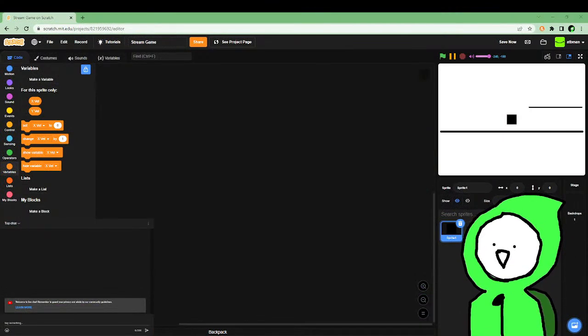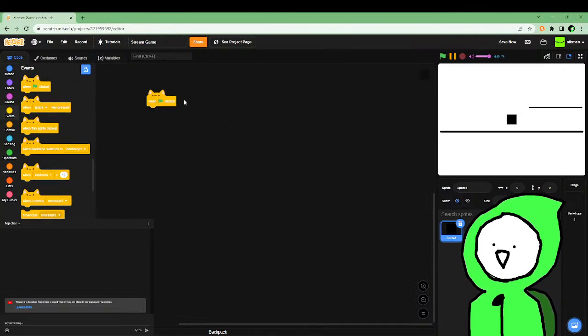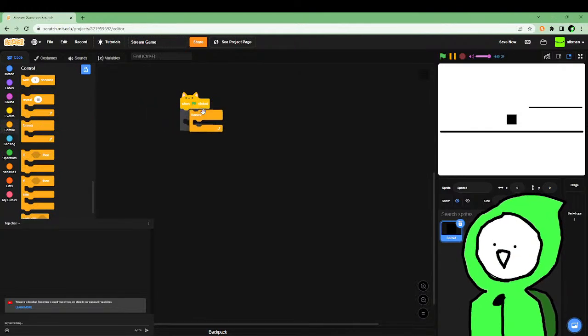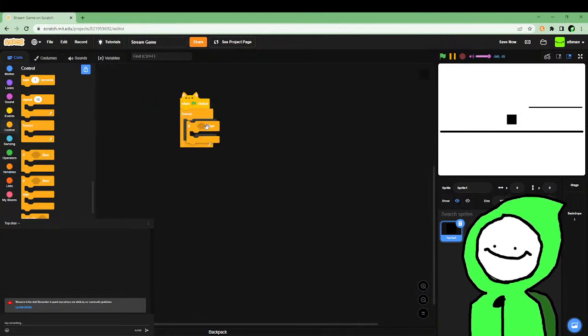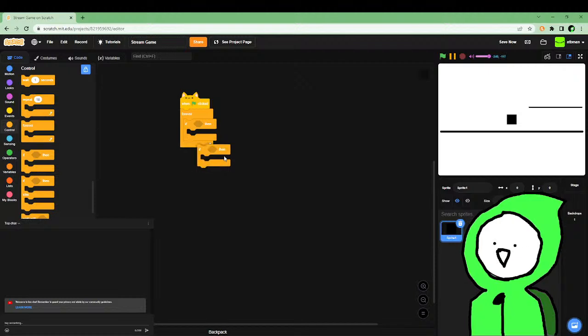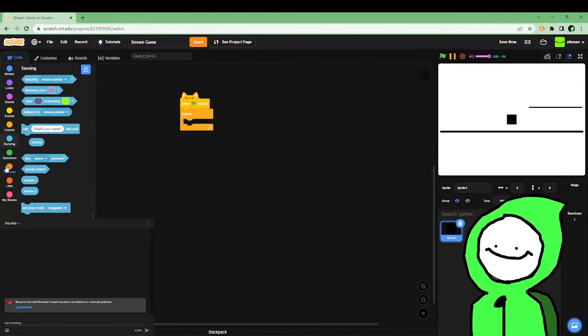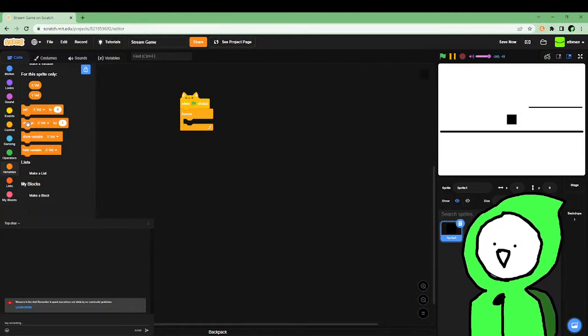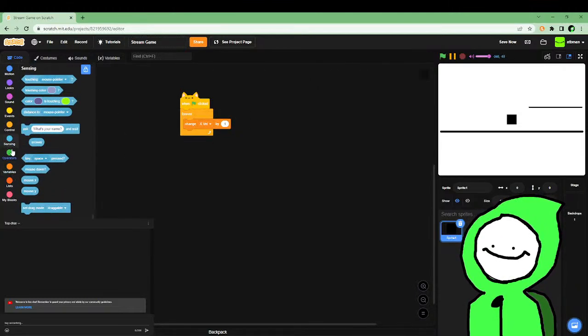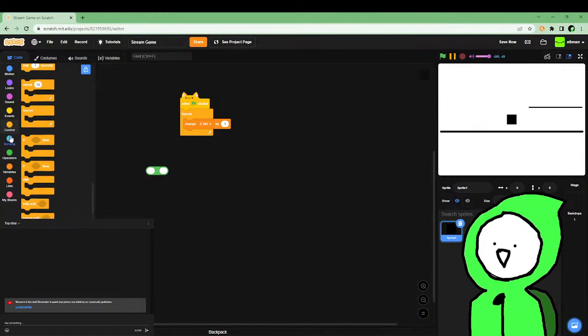Okay, now we can actually start. Alright, so let's just get some movement. So if I click forever, we're going to put, actually no. Actually, we'll do this later. So we're going to do change X velocity by minus,